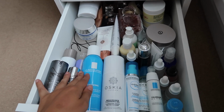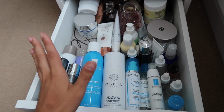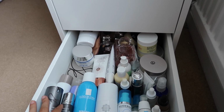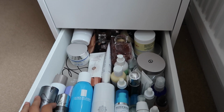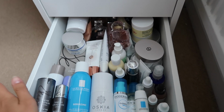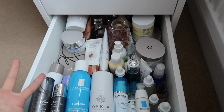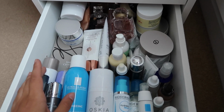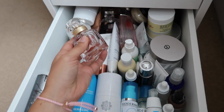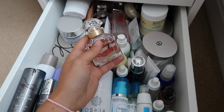This drawer is actually a hybrid of skincare and fragrance, because I'm just not sure on fragrance and how to store it, and what to do with all of the ones that I don't really have space for. So I just keep them at the back of this drawer. That way they're not in sunlight, they're not being ruined by the sun, because that can happen with fragrances. So I keep all of those at the back, and try to keep the collection to a minimum, because